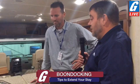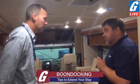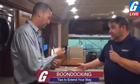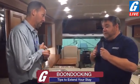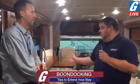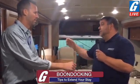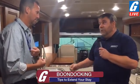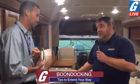But one of the resources we have talked about is water. So we've set up a nice little demonstration here. When doing dishes, you've got to remember to do dishes in the RV differently than at home. At home, you fill up a sink, you put the dishes in, you rinse them one at a time, and away you go. Here in the RV environment, it's a little more like a commercial kitchen, in that we've